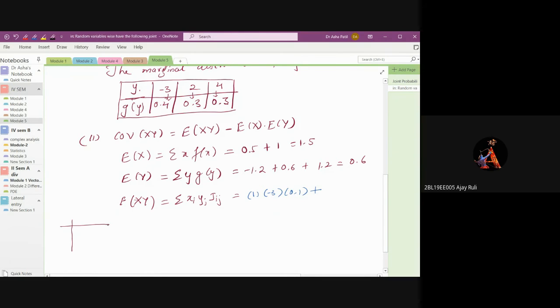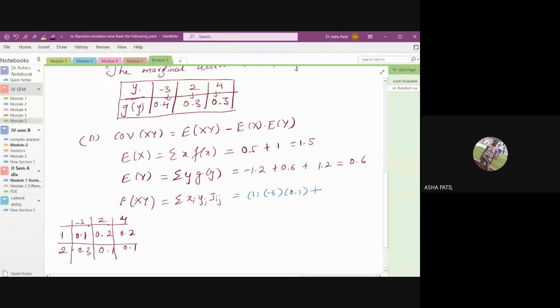Madam, last column we have to take or no? F of xi. No, don't take that one. See, minus 3, I'm writing it once again. 2, 4, what values are 1 and 2, corresponding probabilities 0.1, 0.2, 0.2, then we have 0.3, 0.1, 0.1. So this is what you have.